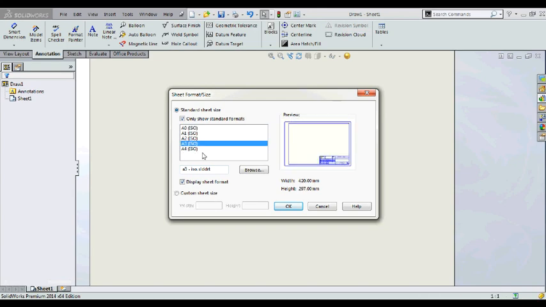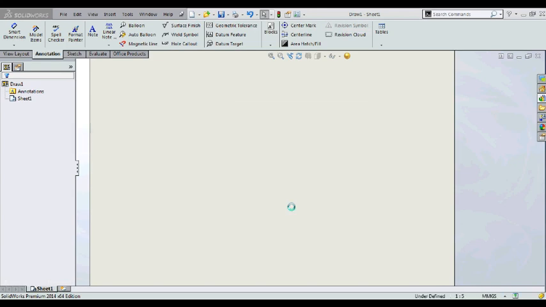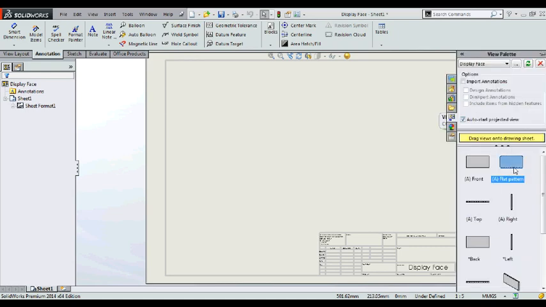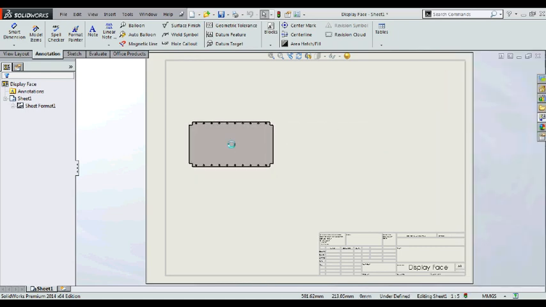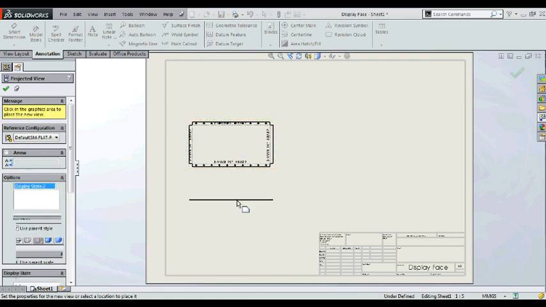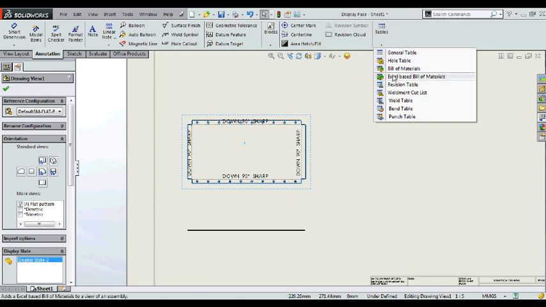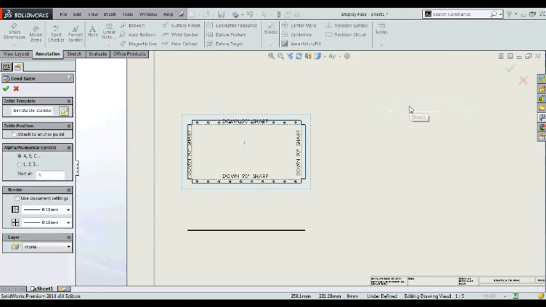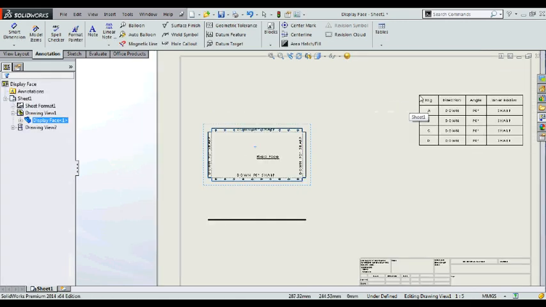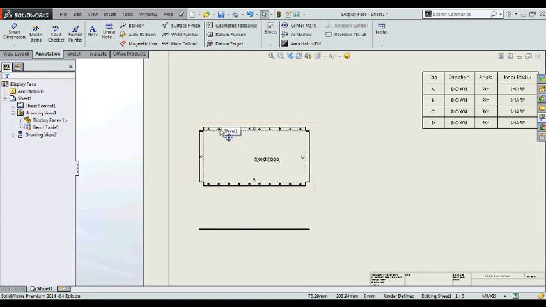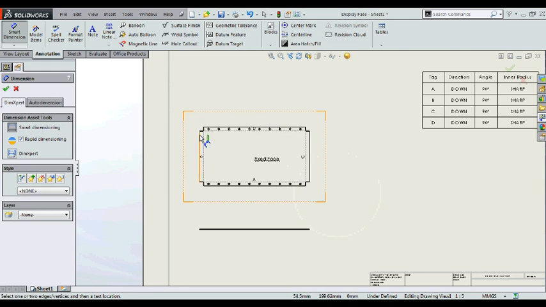I can use a standard template, or I can create a template according to the standards I would like, and I can use them. So I can just drag and drop the views from the view palette, and there are a few tables which I can easily take, which will be helpful for me for manufacturing, like the bend table here,